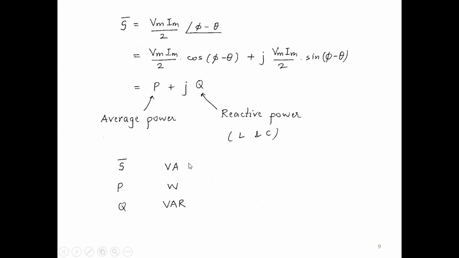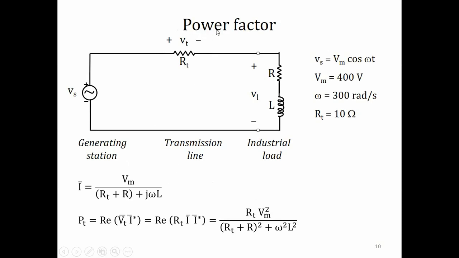Okay, so I want to go back to this power factor for a few minutes by looking at this example. Let us say we have a generating station that is generating many megawatts of power, and that power is being transmitted over a very long transmission line. This transmission line may be hundreds of kilometers, and I am representing the transmission line by a resistor. The transmission line is of course made of copper, and copper has a very small resistance, but when that cable runs for 100 kilometers, it still adds up to some small resistance.